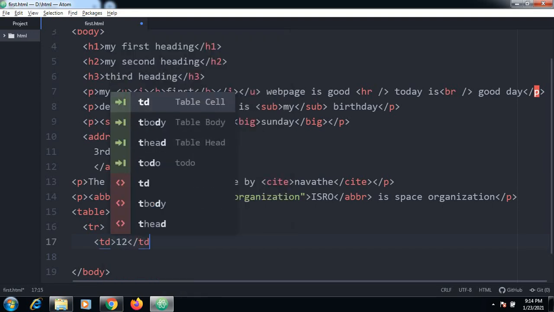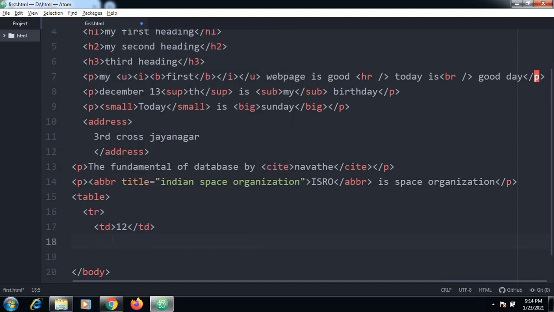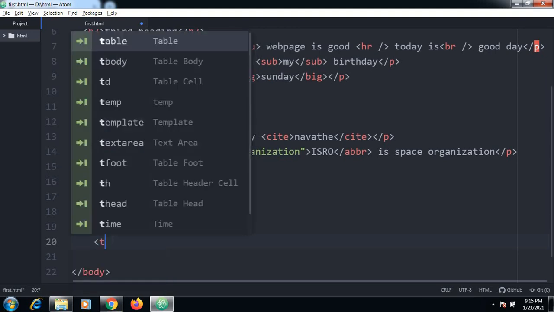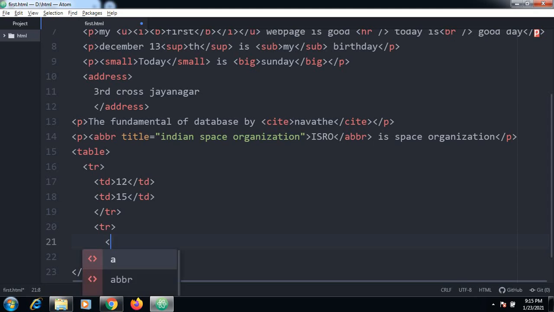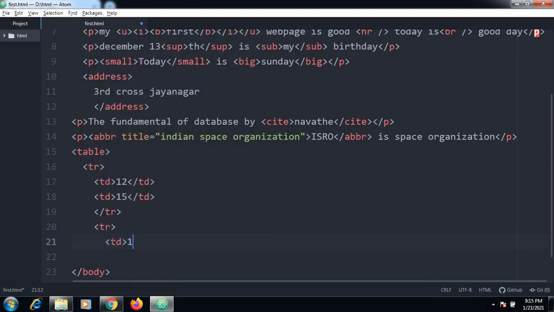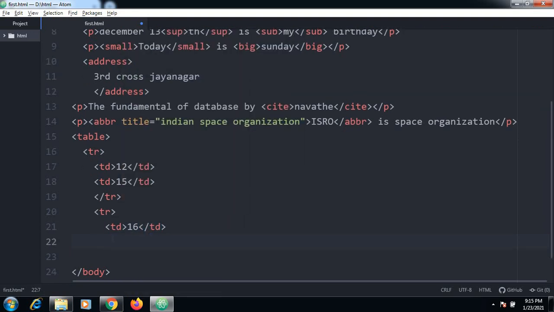The first data that I am inserting is 12. The second data that I am inserting is 15. So there are two rows. I will try to close this tr tag now. So again I will open this td tag.